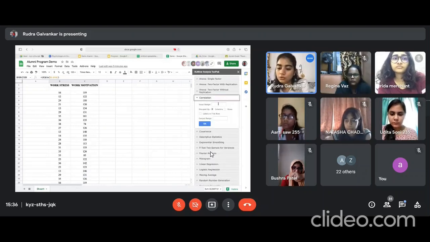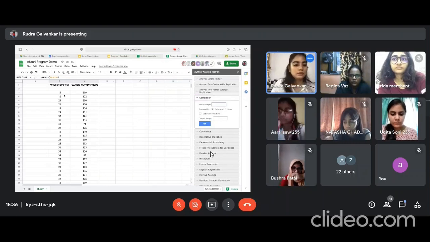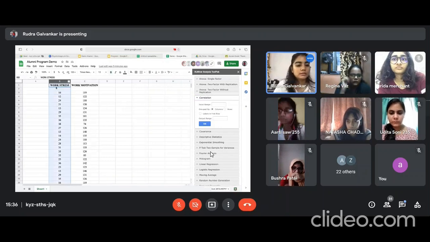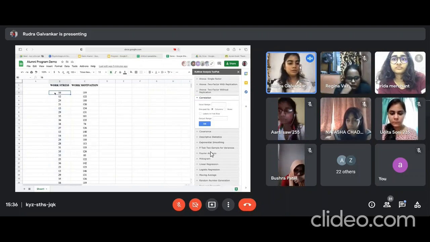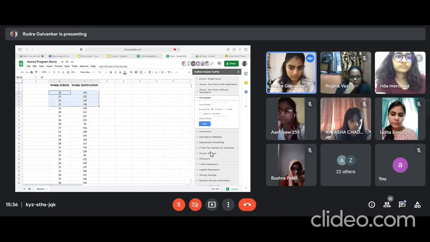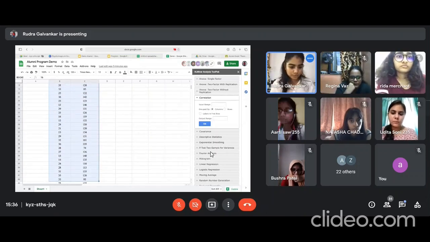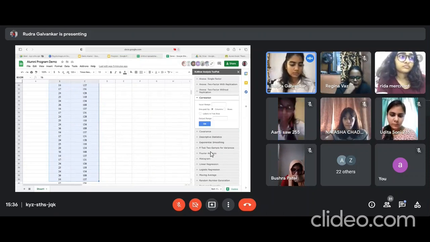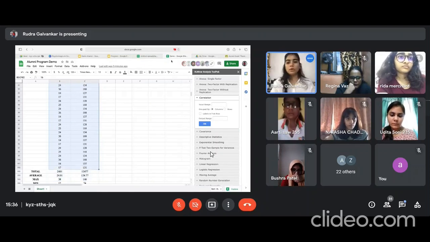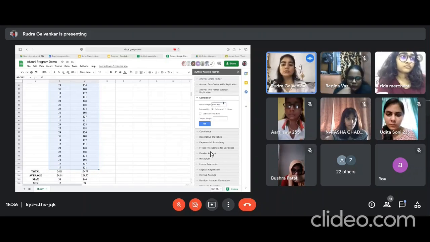Okay. Once you have clicked on correlation, your input range is basically this. From B3, select both the columns, okay? Select down to, I think, C102. So your whole data gets selected and that will be your input range, not the totals, okay? All of this will be your input range here: B3 colon C102.